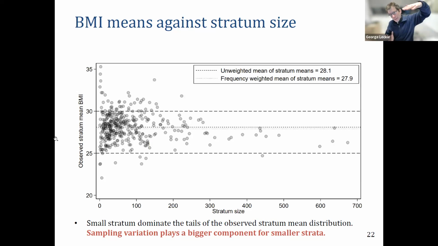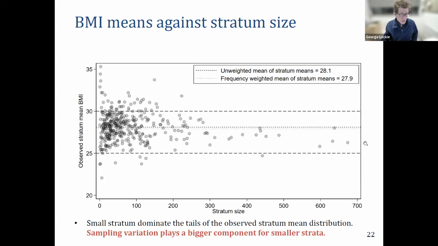Essentially, we've got a funnel plot here, and as you can see, the dots funnel in to the mean as we pump up stratum size. That's the classic plot we see, which shows that means based on smaller samples are more erratic. So these dots up here, these strata with really high mean BMI, they've got 1s and 2s and 3 participants in, and they're not trustworthy at all. And so a league table of strata in the tails is going to be dominated by minute strata. And that really runs the risk of poor decisions being made off such a league table.